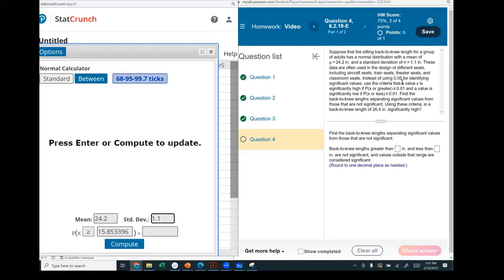Instead of using 0.05 for identifying significant values, we're going to use the criteria that a value X is significantly high if the probability of that value or greater is less than or equal to 0.1. So we're going to find the value or greater at 0.01 is,